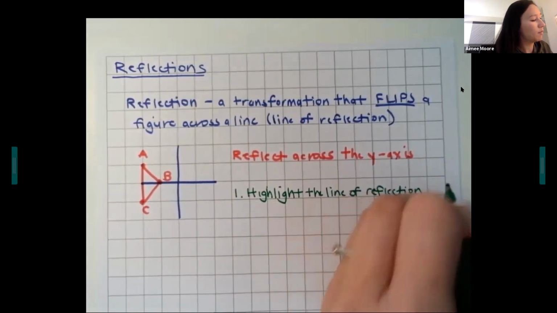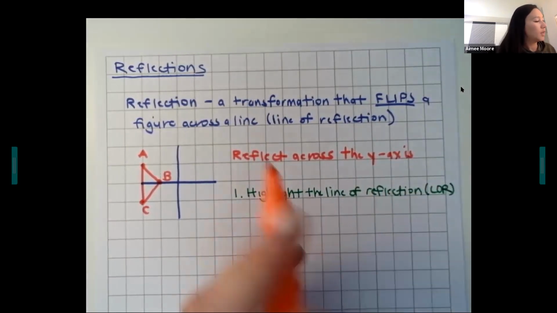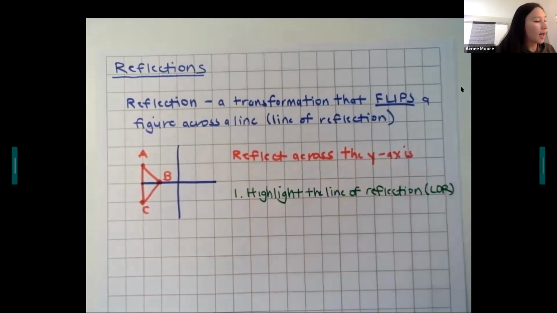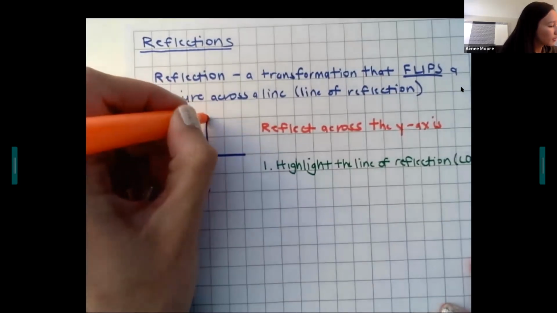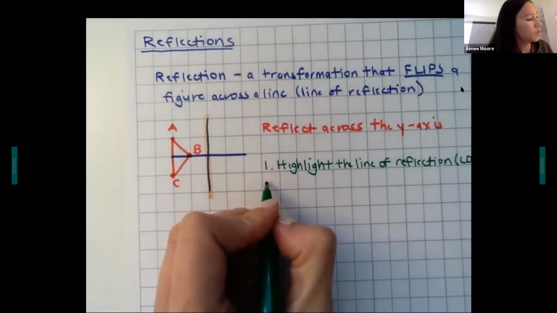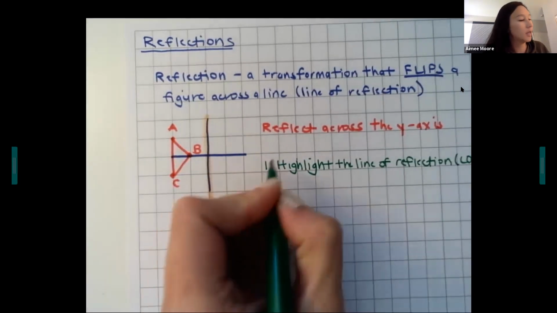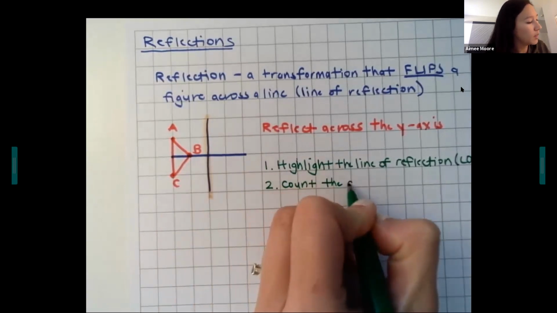So here's the steps. First, you're going to highlight the line of reflection, which we won't write every time. We'll use the abbreviation LOR. So it's telling us to reflect across the y-axis. The y-axis is really this one right here. And so we highlight that. There we go. Once you do that, step 2 is to count the distance from each point